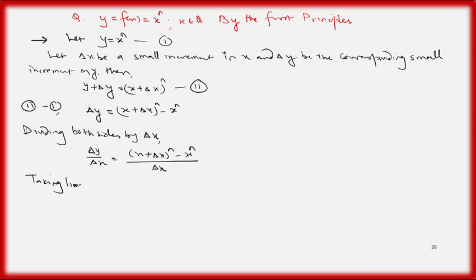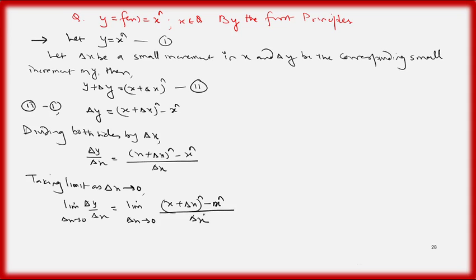Taking limit as del x tends to 0, limit del x tends to 0 del y by del x equal limit del x tends to 0 x plus del x to the power n minus x to the power n over del x,